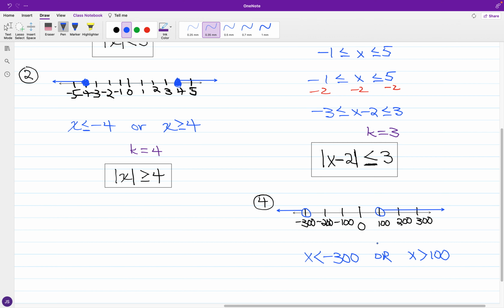Say if I shift both of these rays over, say if I move over 100 units to the right,